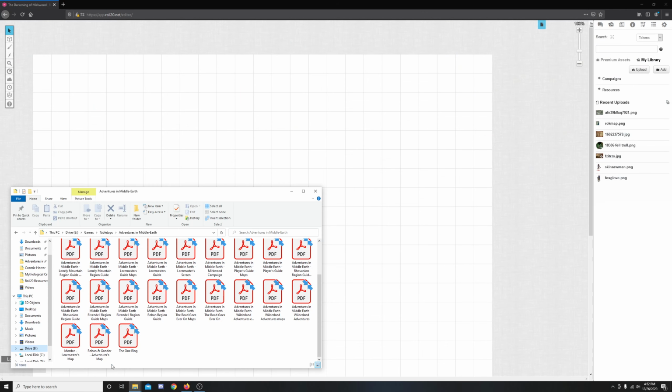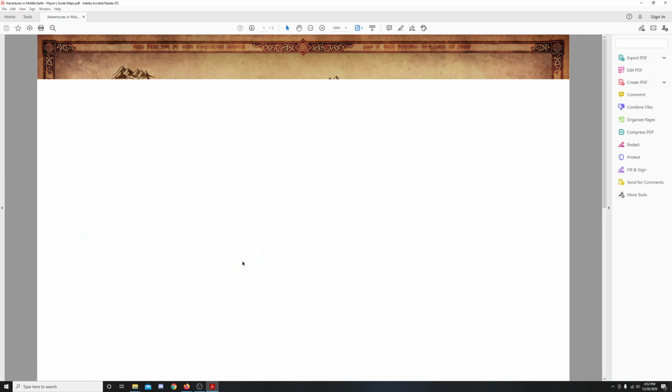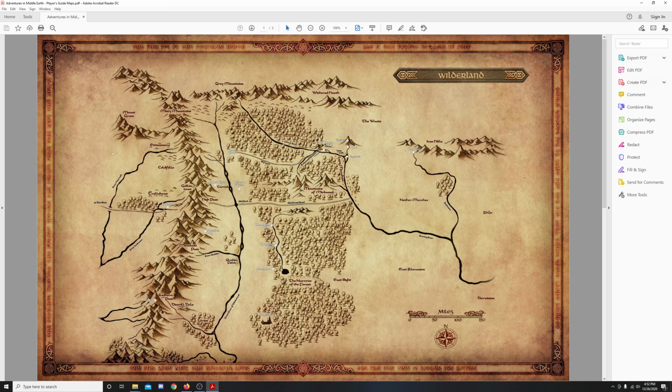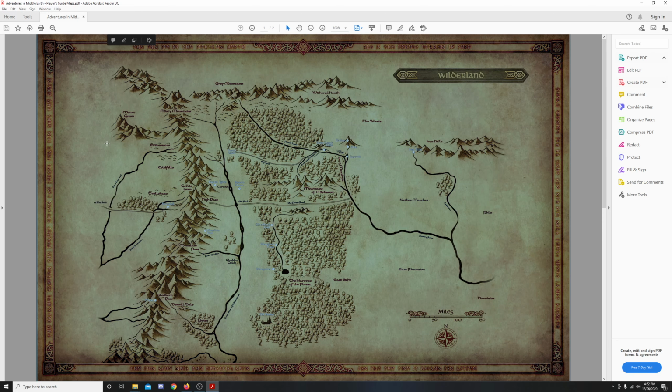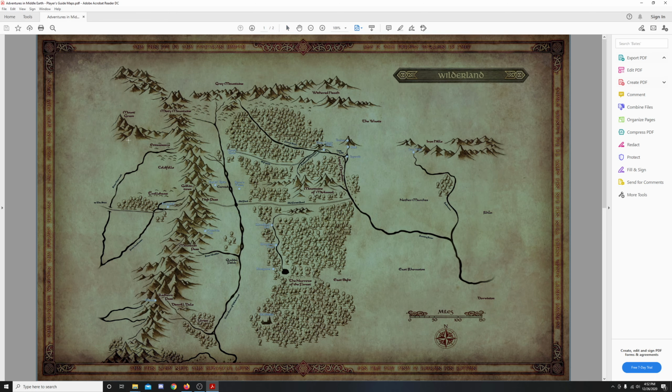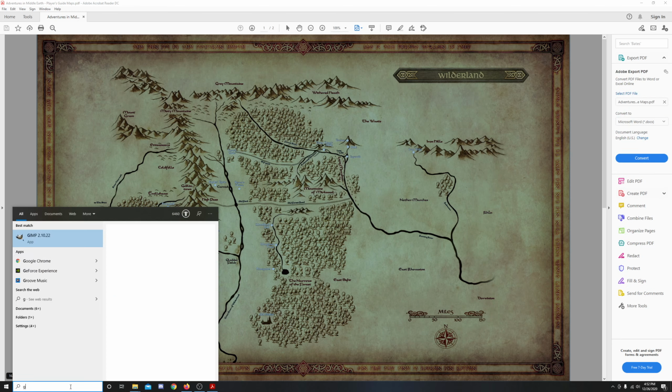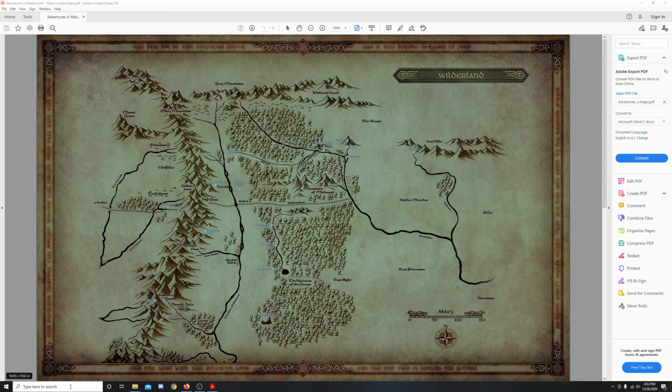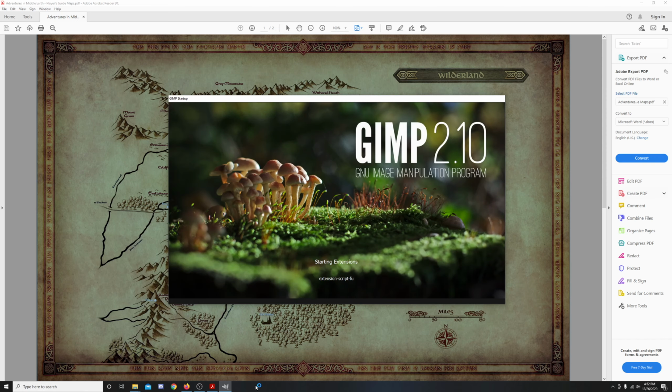So first thing we need to do is grab a copy of the image that we want to use. So we're going to open our PDF with that. Go ahead and select that. We want to take a snapshot of it. Go ahead and click it again. So now I've got a snapshot of the image that we're going to use. So next thing is to open up our image editing software,